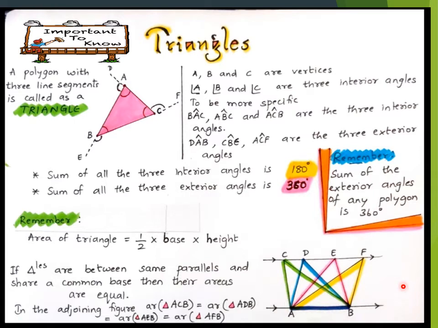So you learnt a theorem based on this in 9th standard, isn't it? What is that? If triangles are between same parallels and share a common base, then their areas are equal. So, there are so many triangles here, isn't it? So many in the sense 4 triangles are there. So, their areas are going to be equal because they have a common base and they are lying between the same parallels. So, area of these 4 triangles is going to be same. Hope it is clear with all the introduction and basic facts which are required to understand this chapter.